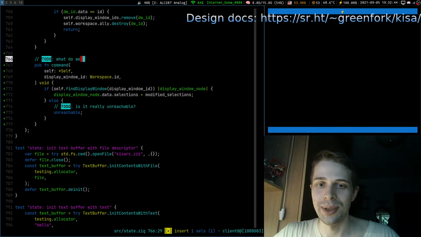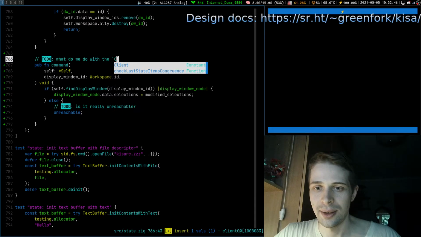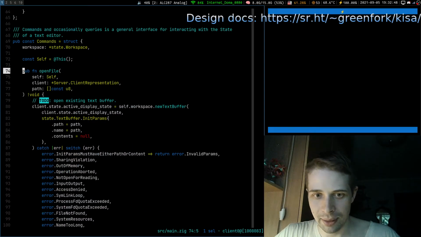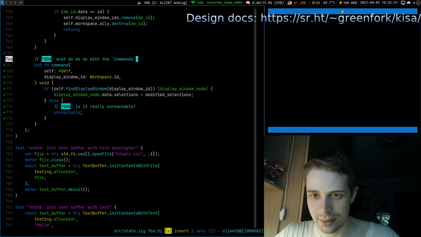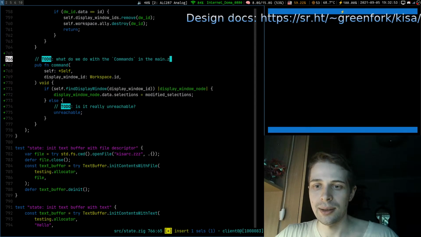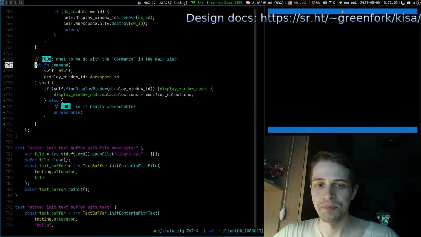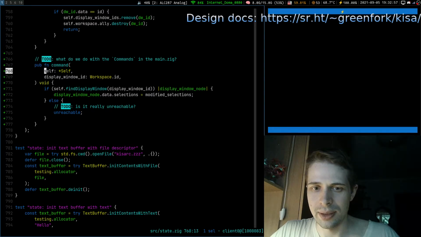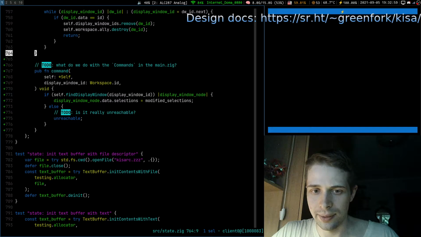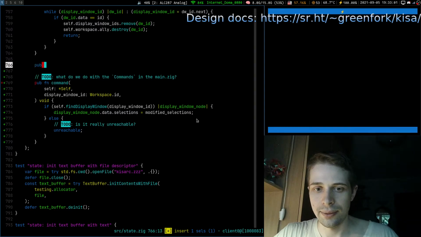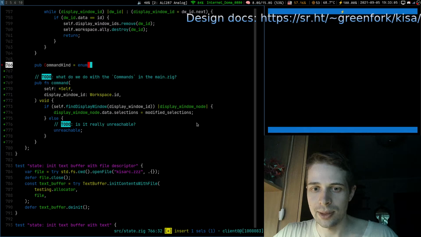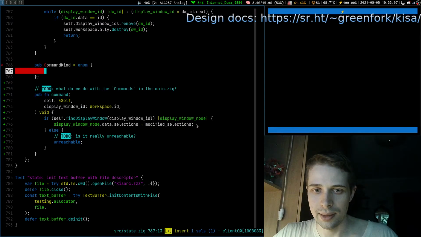What do we do with the commands in the main.zig? Okay, for now we will assume that we are fine with that. We'll have command kind, an enum with all the possible commands that we can have.